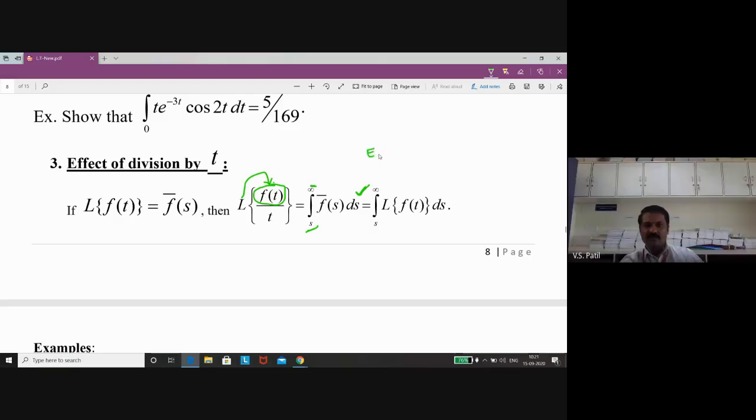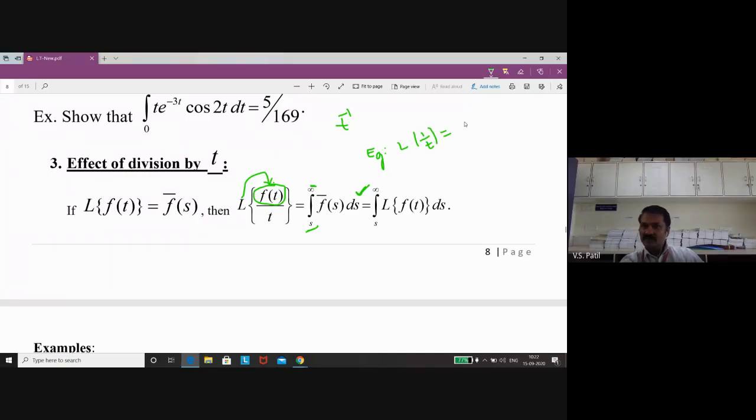Okay. For example, let me check how much you understood. Just for testing purposes, I am taking the Laplace transform of 1 divided by t. How are you going to write this? Here the t raised to n formula is not applicable, because if you take it to the numerator, it becomes t raised to minus 1, isn't it?